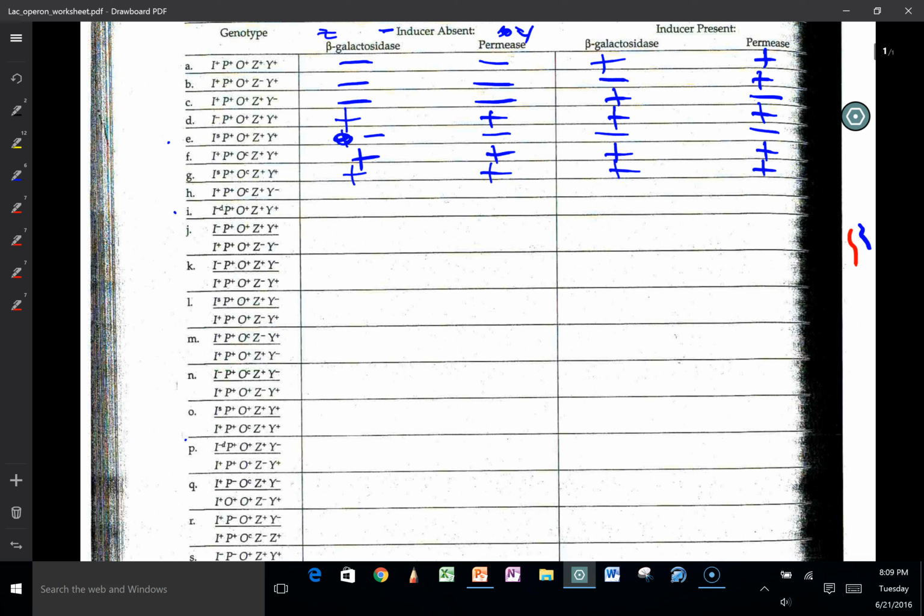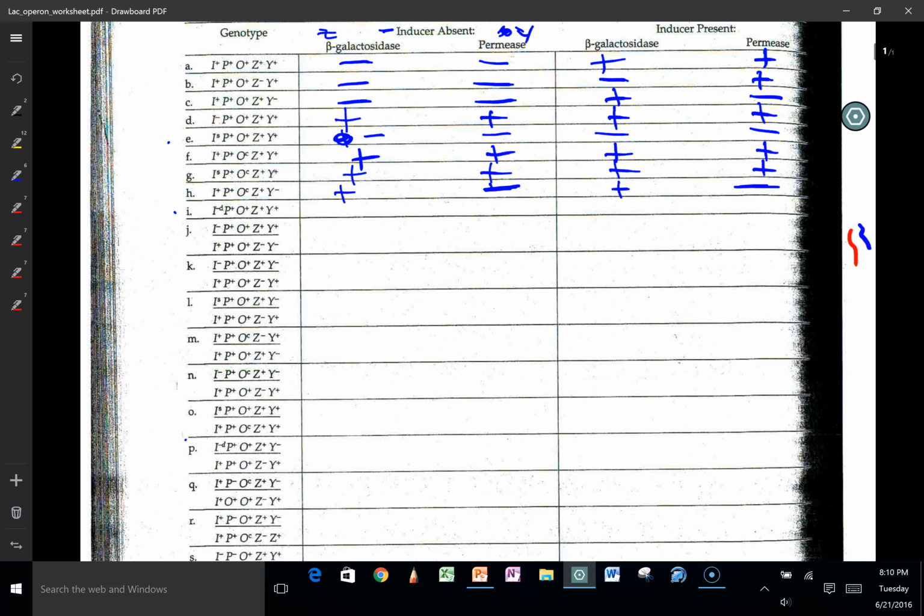The last, so H is one where there's nothing new here, but what this is showing is we've got a constitutive operator, and Z is normal, so Z is always on, but Y is mutant. So even though it might always be transcribed, there's a mutation in the Y gene so that you can't measure whether or not it's on. So it always appears off. So it's just a Y minus mutant. If you have a Z minus mutant or a Y minus mutant, mutations in the structural genes themselves, they will always appear to be off